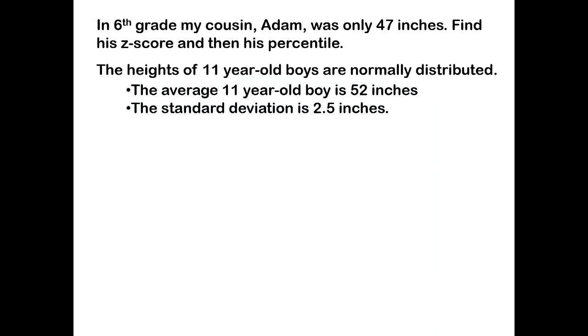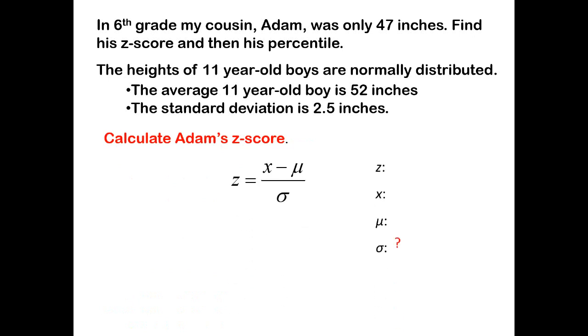So in the 6th grade, Adam was only 47 inches tall. We want to find his z-score and his percentile. The heights of 11-year-old boys are normally distributed. The average 11-year-old boy was 52 inches with a standard deviation of 2.5. So the first thing we'll do is calculate Adam's z-score